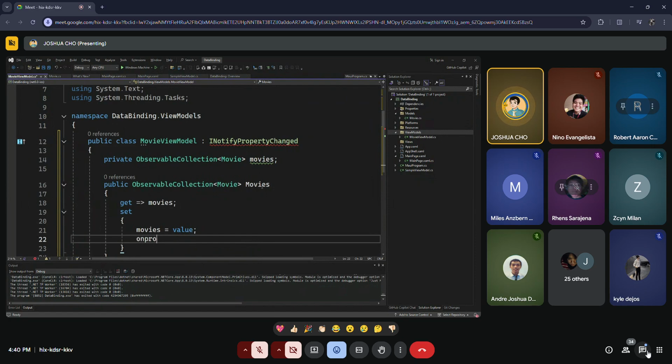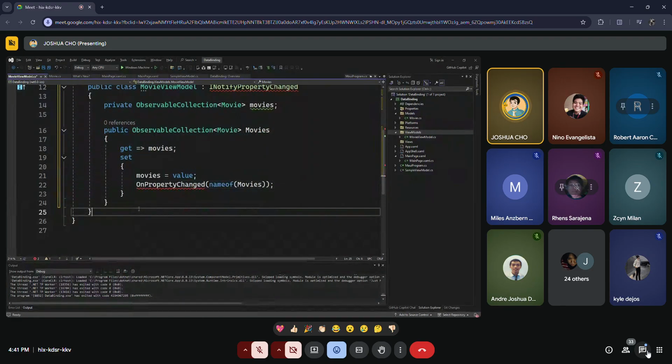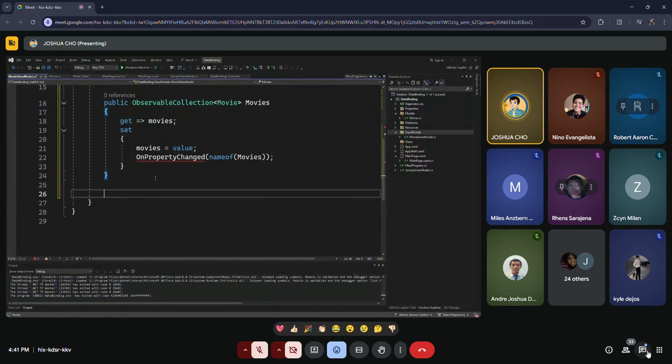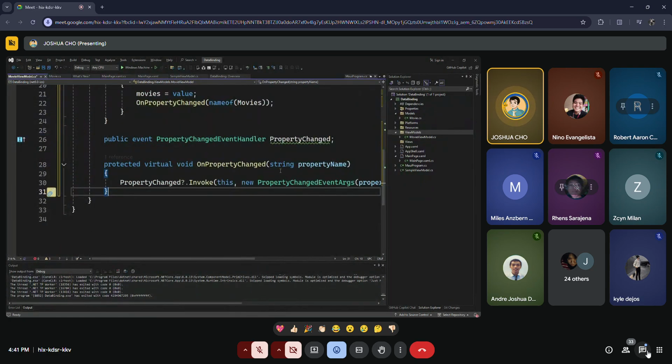Then on property change, name of movies. Then after that, ako sa copy-paste lang akong kuan property change itong gitype na to kaniya ba the event and method on property change. So mora gyud ni ganiya.